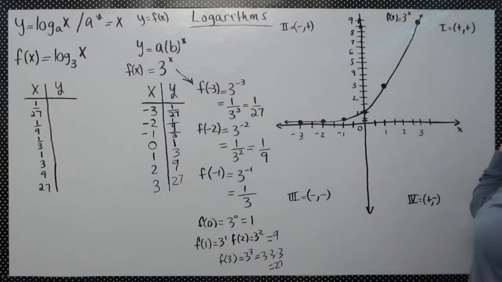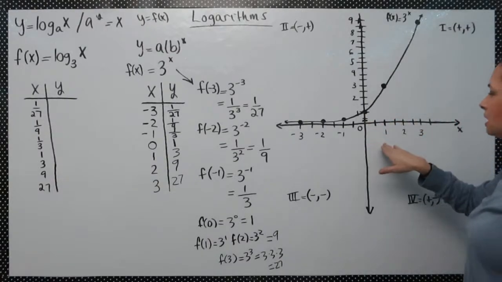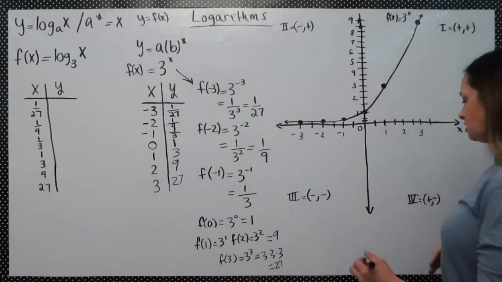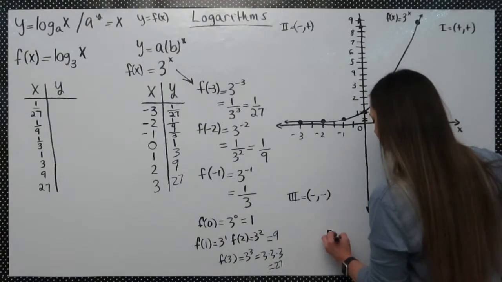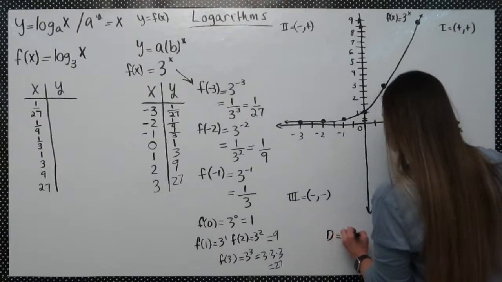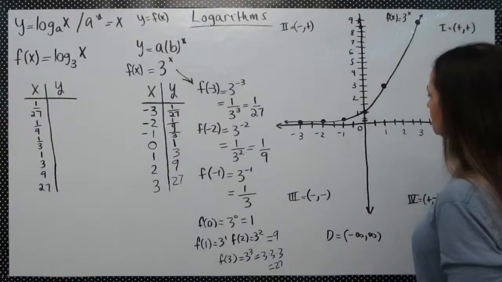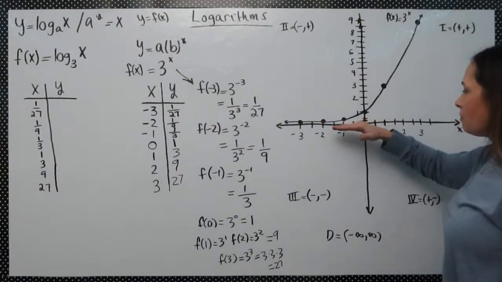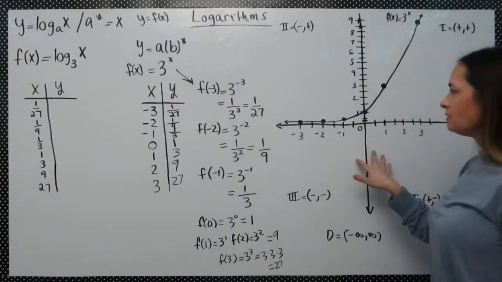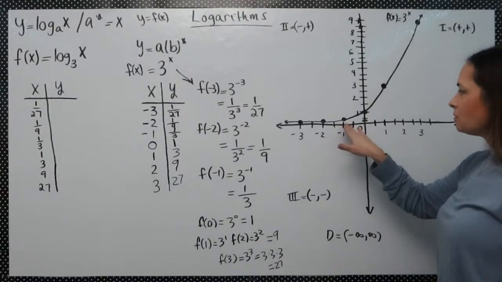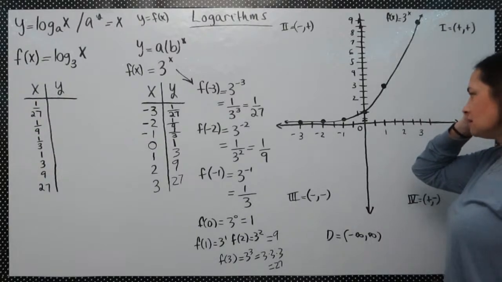So what that means is that no matter what value you plug in the domain, and the domain of this function is all real numbers, in parentheses negative infinity to positive infinity. But you have a problem here because the function does not go negative, you're going to have a domain issue. It's never going to approach 0. And the reason that is, is because